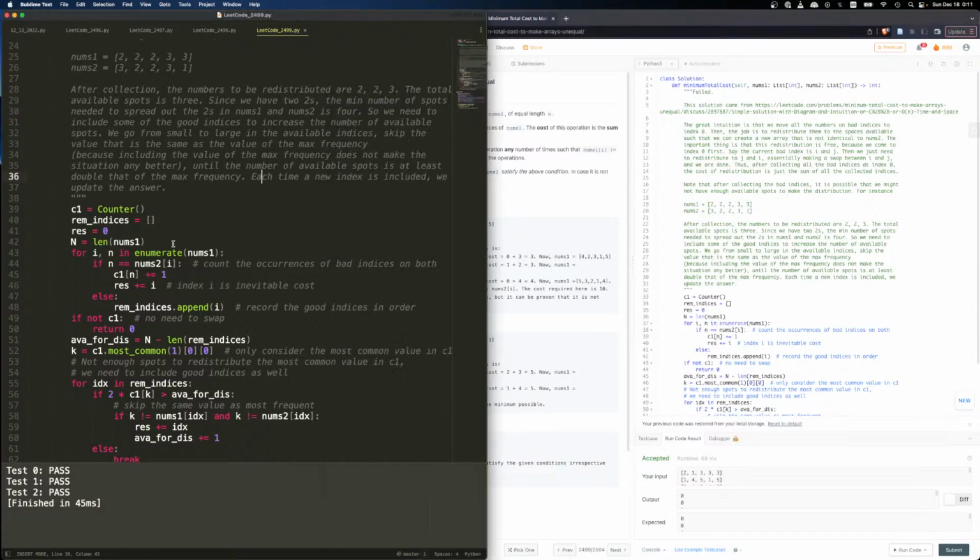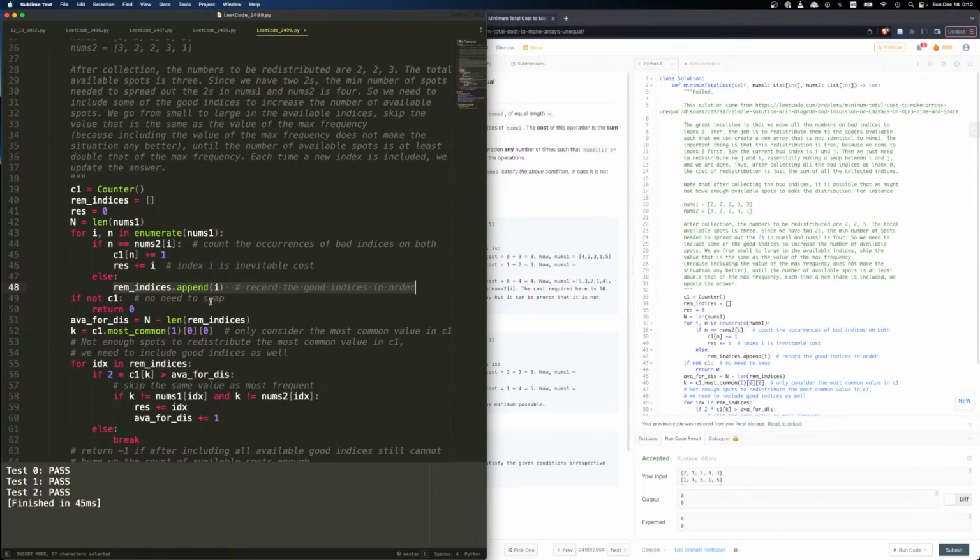So what we do is we will go through everything, find the bad indices, and put them into the 0 position. But we don't really put them into the 0 position. We simply, using a counter, count the occurrences of them. And then when we redistribute, the total cost is just the sum of the indices, right? This is we get in the total cost, the sum of indices. And in the meantime, we also record all the good indices that we can have. All right, so these indices are good, which we will use later on. And after we